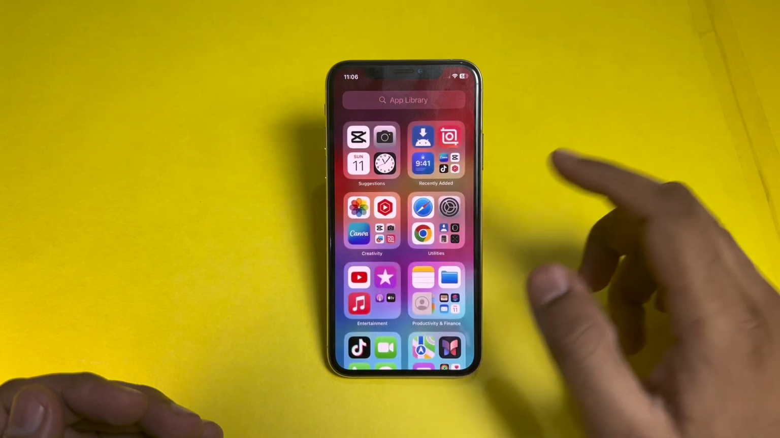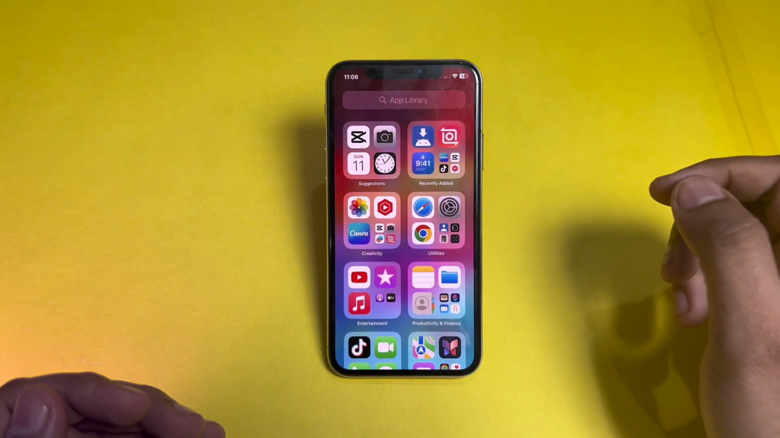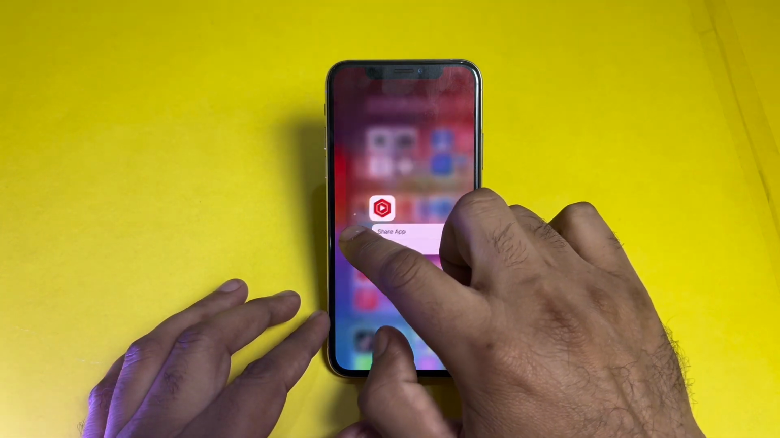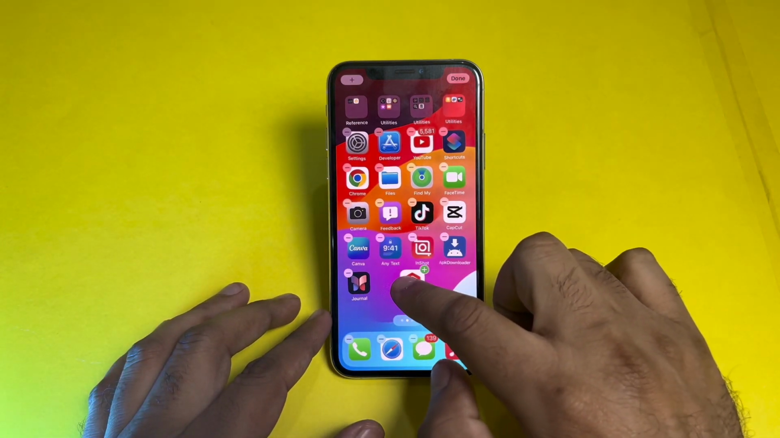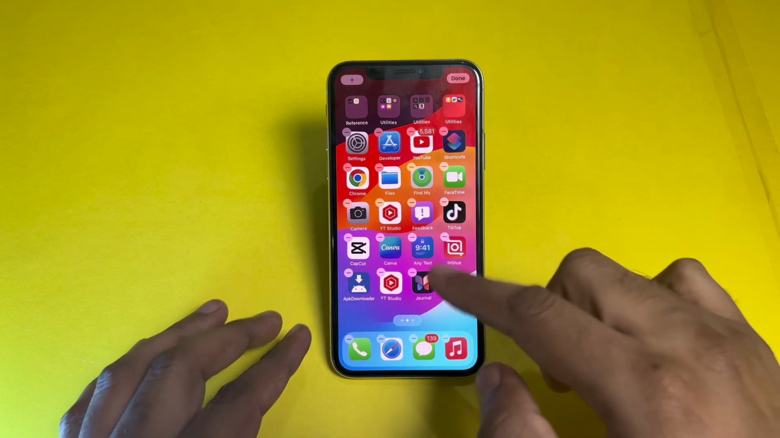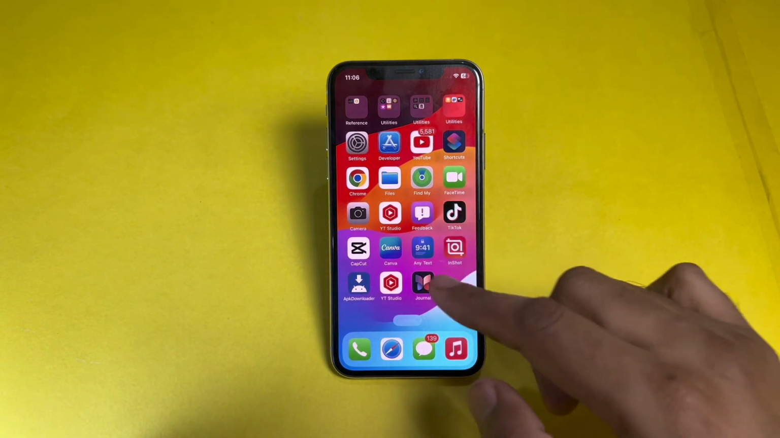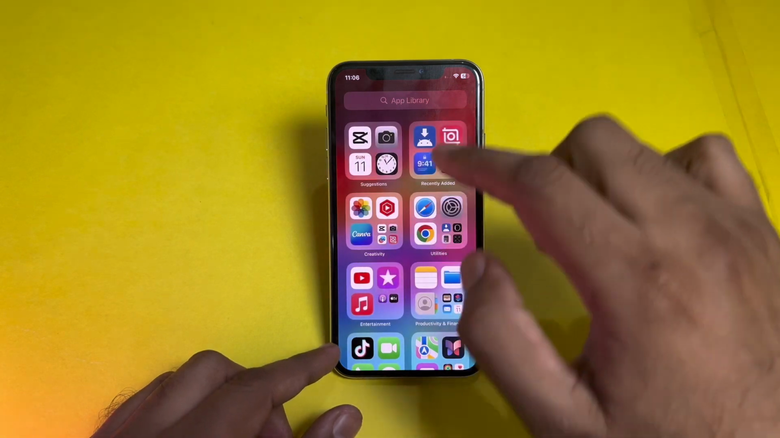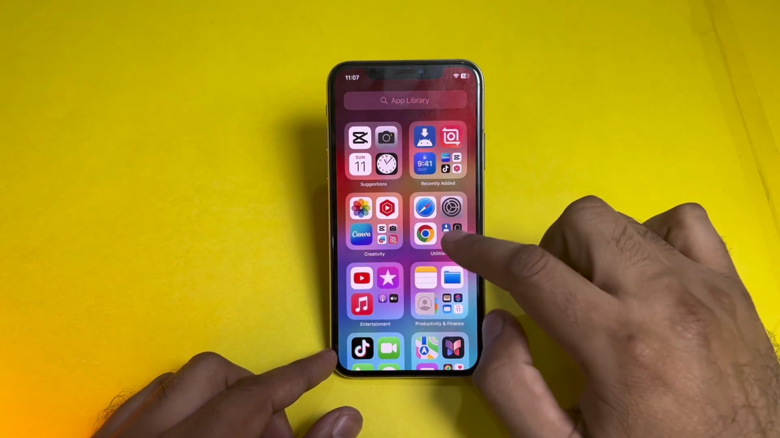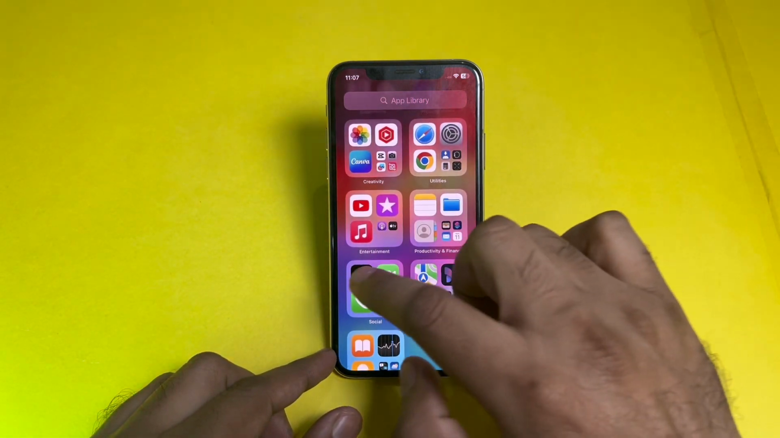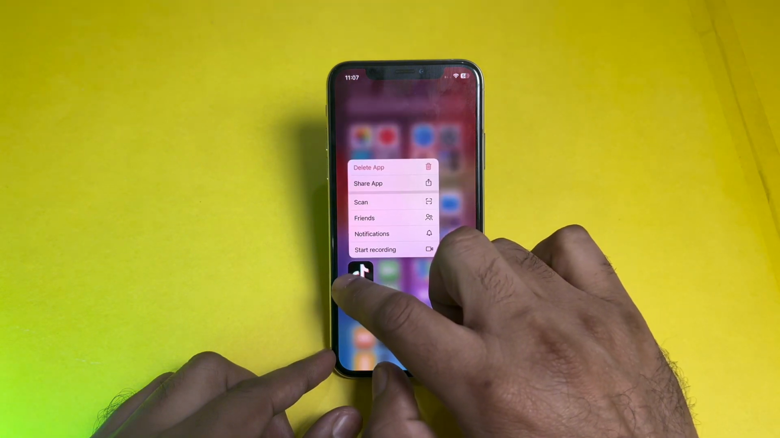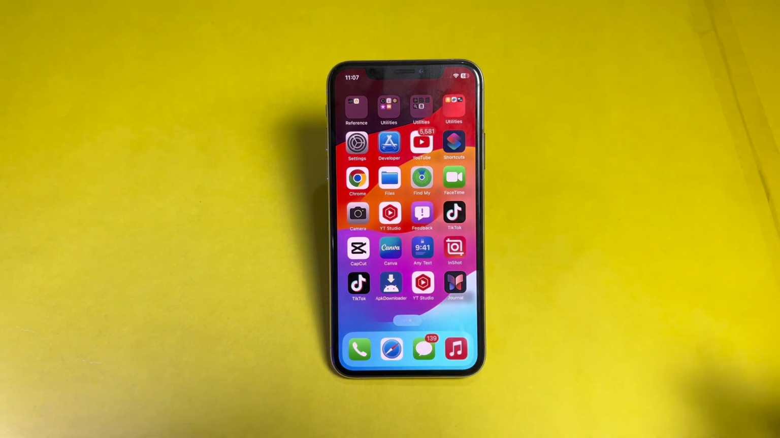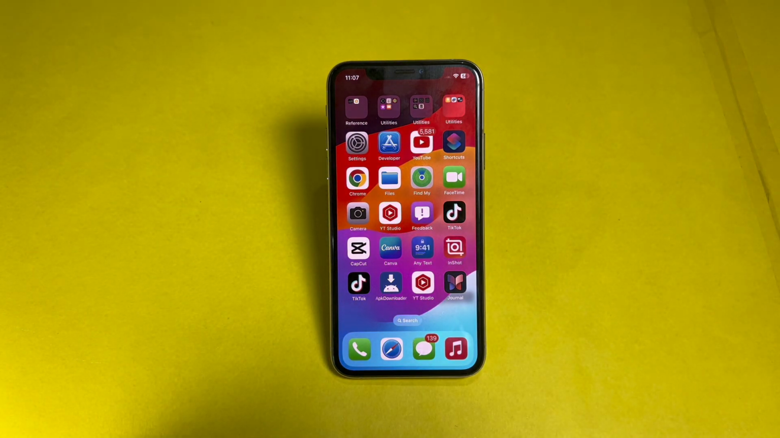So select the app that you want to duplicate. Okay, press and hold, and just paste here. You can see on the screen right now there are two YT Studio, same as the TikTok. Okay, TikTok, press and hold and now paste here. Okay, now you can see on the screen here are showing two TikTok,